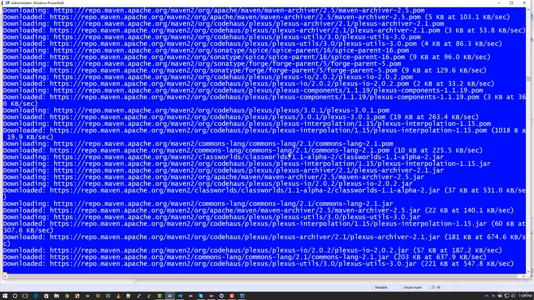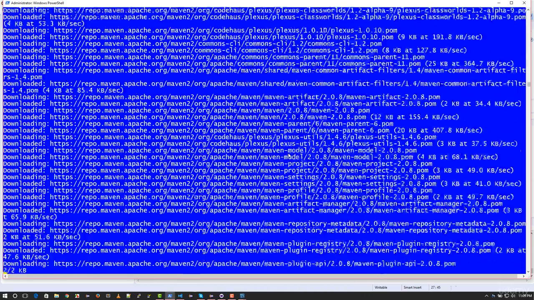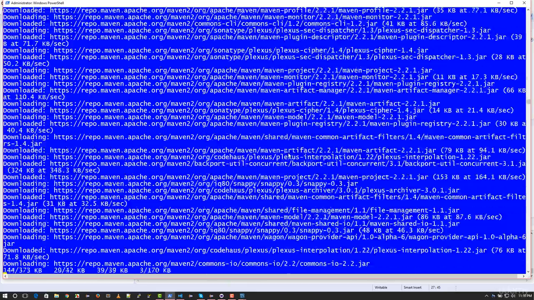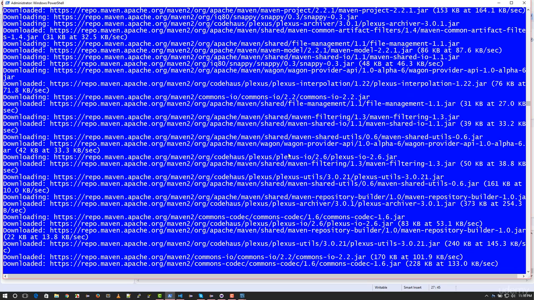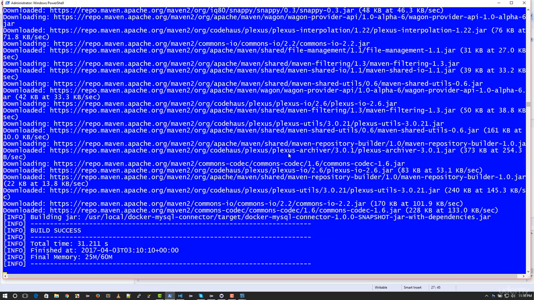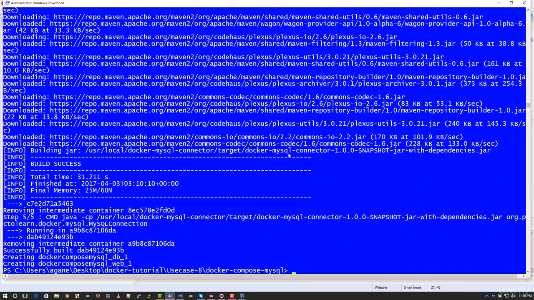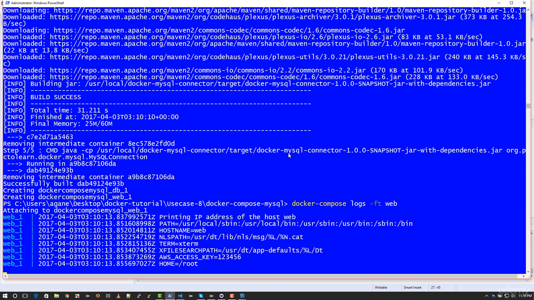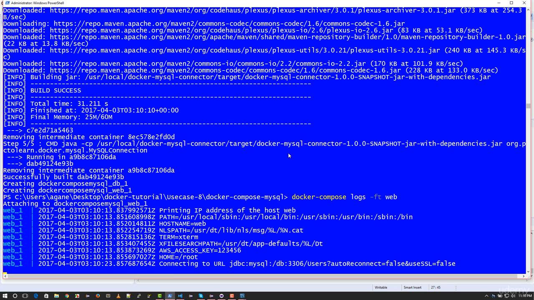But once you ship an image, anybody in QA, anybody in production can download this image and just execute it as is. You just have to do docker-compose up, and it will spawn it on whatever virtual host. So the image is ready, and then I'm just going to do docker-compose logs -f web. And as you can see on machine 2, it is going to tail the logs, and it has a bunch of other